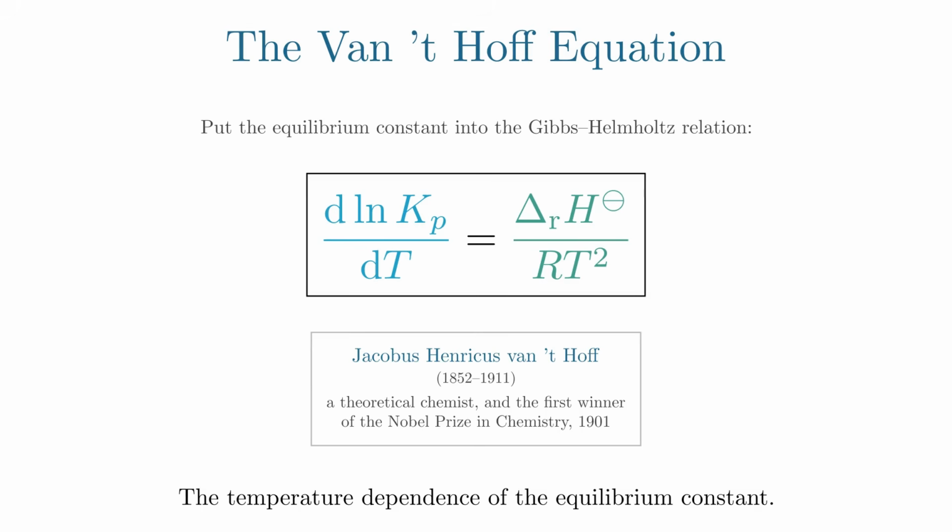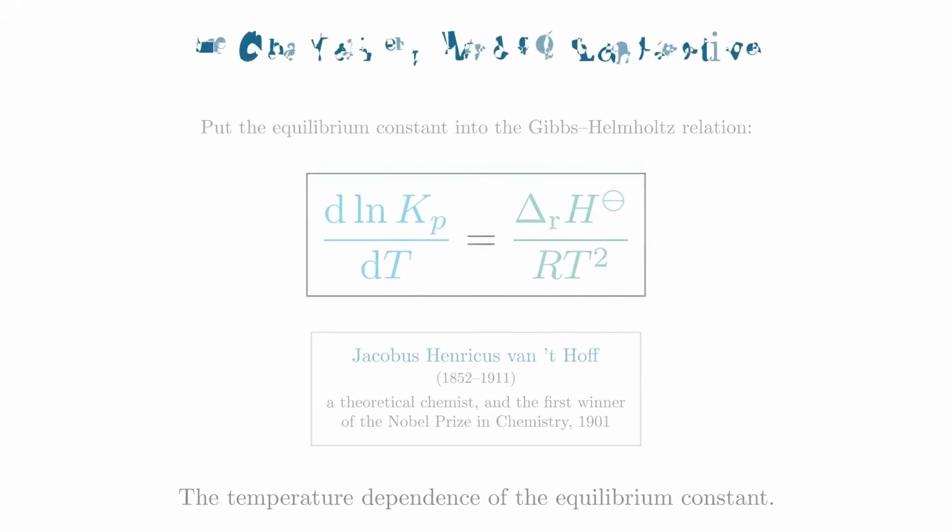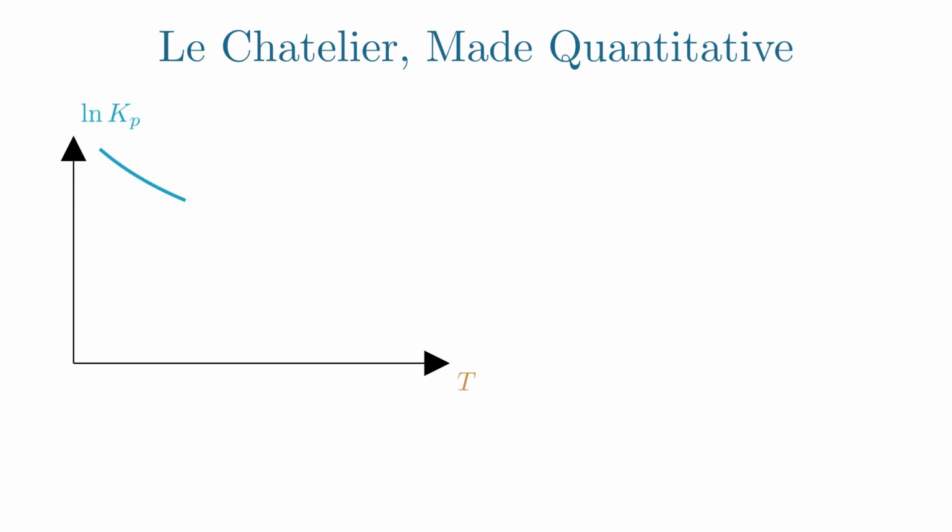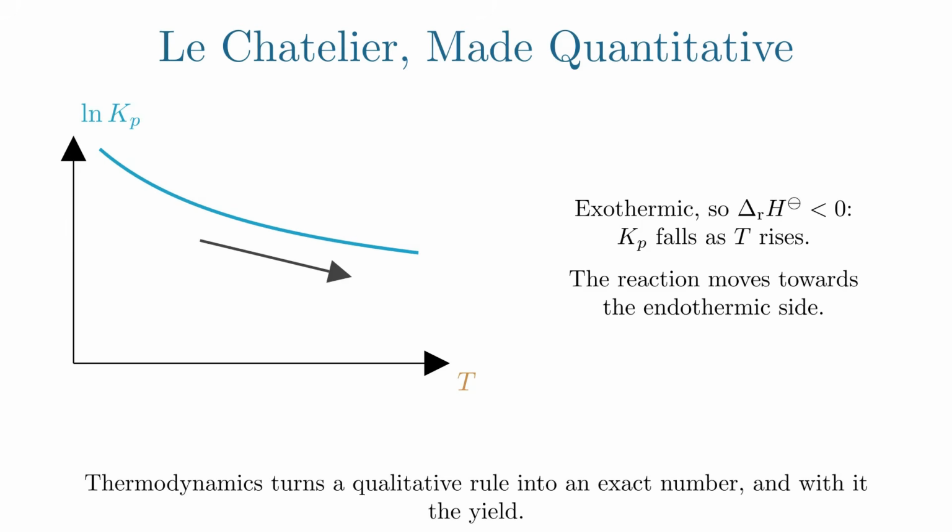For example, the Haber process is exothermic, meaning that delta H standard is negative, so Kp decreases if you increase temperature, i.e. it moves to the endothermic side, which is the side of hydrogen and nitrogen. This is in fact Le Chatelier's principle, i.e. the system moves in the opposite direction in order to counteract the external disturbance. Thermodynamics puts this on a quantitative basis and allows us to calculate the exact equilibrium constant for a given temperature,